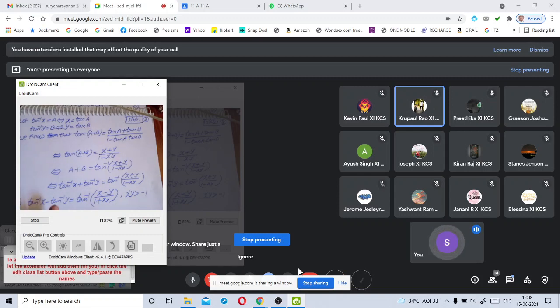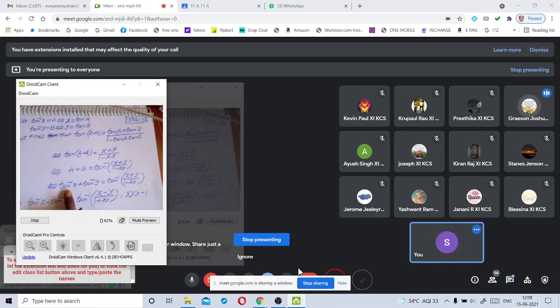Okay, my dear Krupal. Preetika, read these two lines. Yes, sir. Tan inverse x plus tan inverse y is equal to tan inverse of (x plus y) by (1 minus xy). Tan inverse x minus tan inverse y is equal to tan inverse of (x minus y) by (1 plus xy), where xy is greater than minus 1. Very good, my dear Preetika. Grayson,